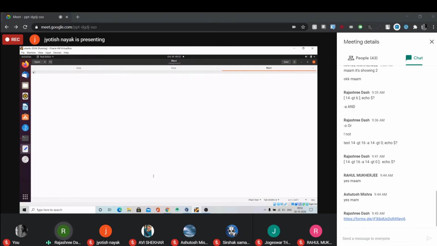Now write the first line: echo, within double quote write "enter the marks in DOS".